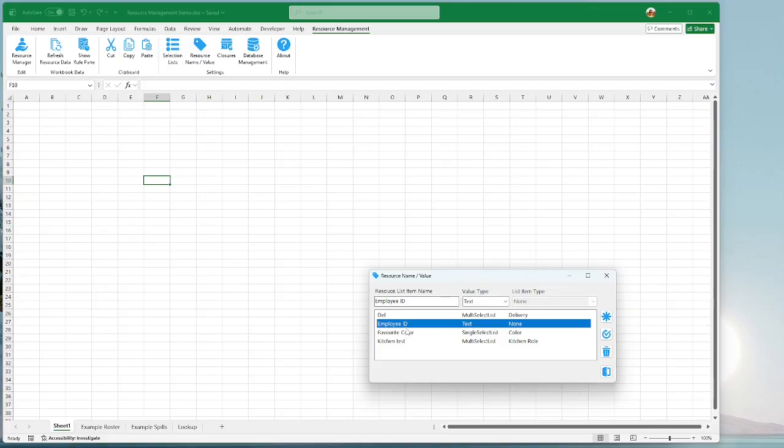So here you can see there are 3 different types of lists, or value types, we created here. A single selection for the color that you prefer, a textual field for the employee, and a delivery for the delivery run, and also the kitchen sort of test. So a note,